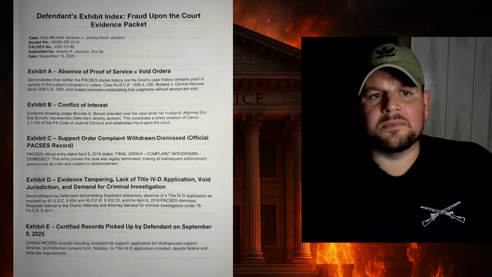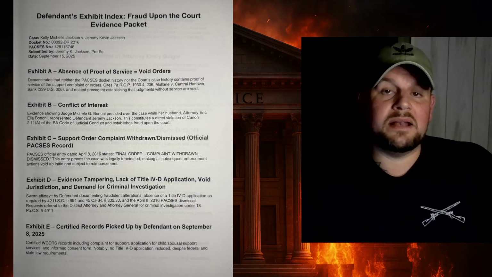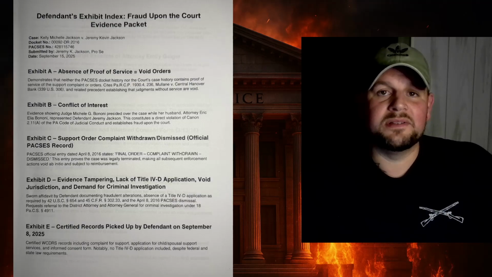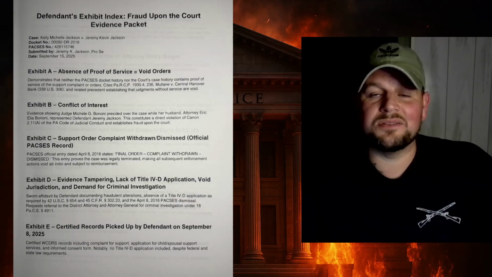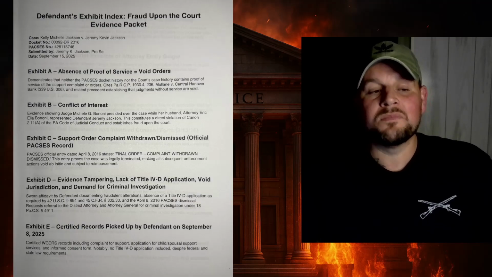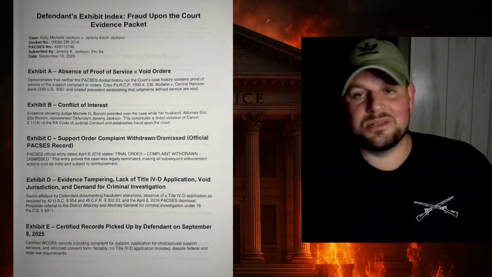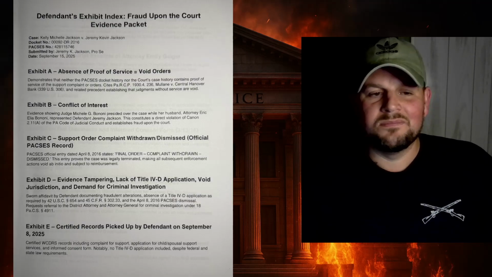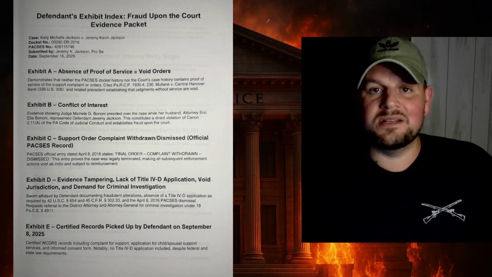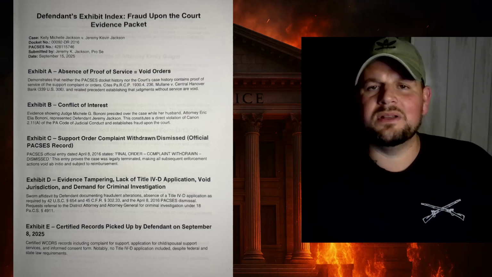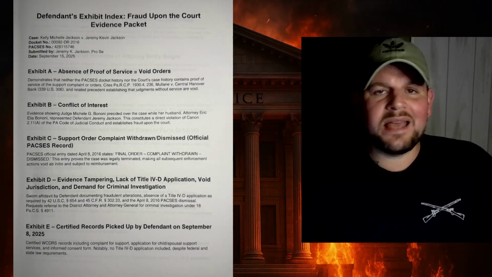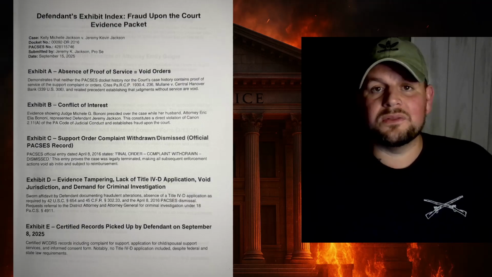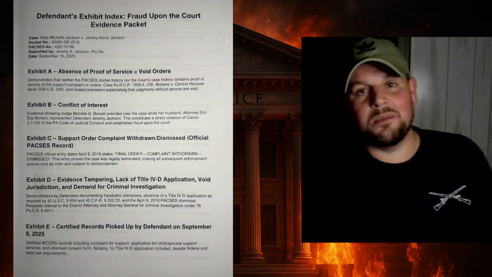And when I got those piles of papers, there was a lot missing that they did not give. Part of that was the initial child support complaint form, which they are now trying to pass off as a Title 4D application, which it is not. They added 4 more papers with redacted information on it that never existed before. I've never seen those papers, and they claim it's because it has private information on it. And so what? You redacted it. So what does it matter? When I asked for all those documents, they should have legally given them to me, and they didn't. They withheld them. Oh, and I want to show you guys something else, so hold on.